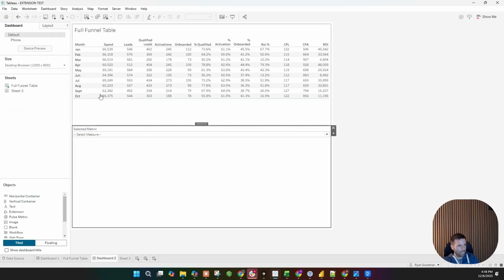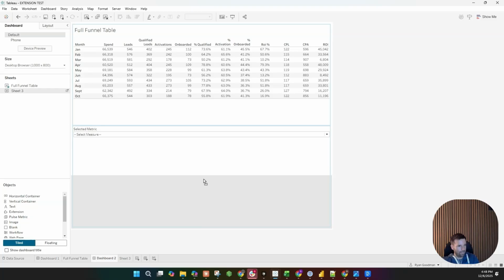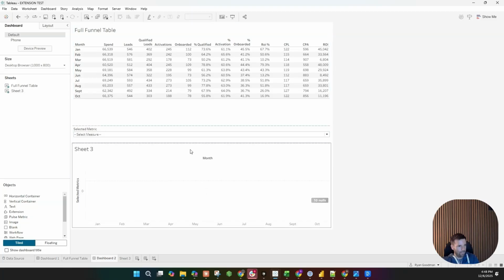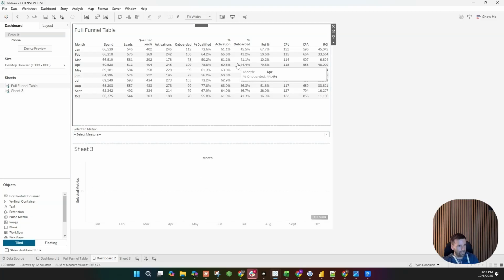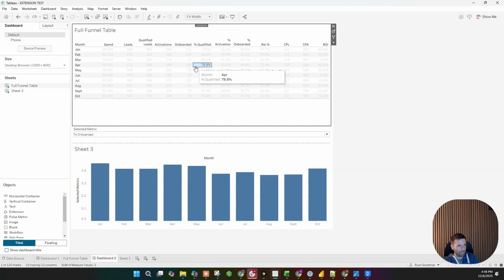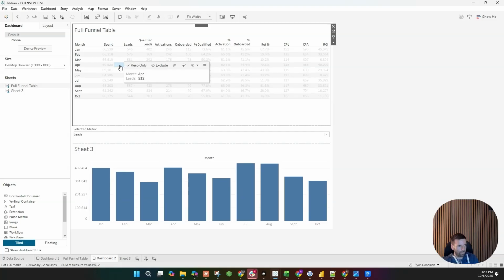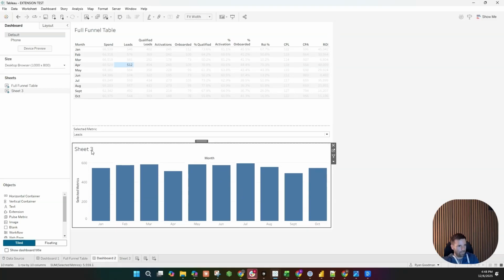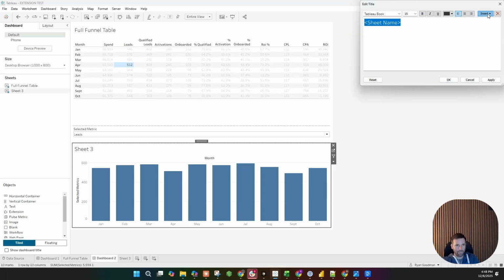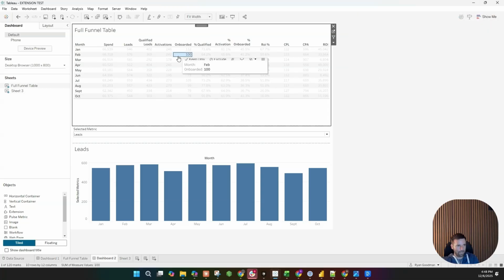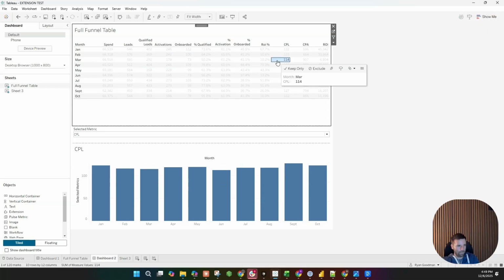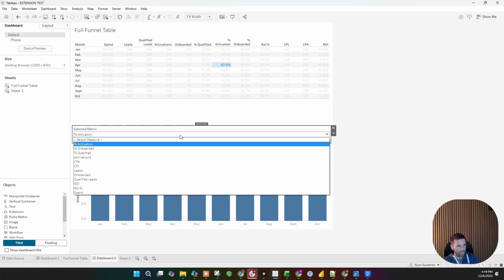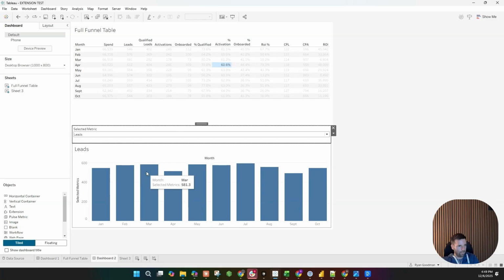So if I go to my dashboard and add my chart, now if I click anywhere in this table, it's capturing the selected metric. And while it's not visible, we could very easily, because it exists as a parameter, have a dynamic title. And we can similarly use the drop-down to select and drive